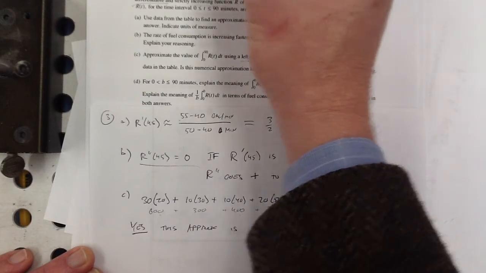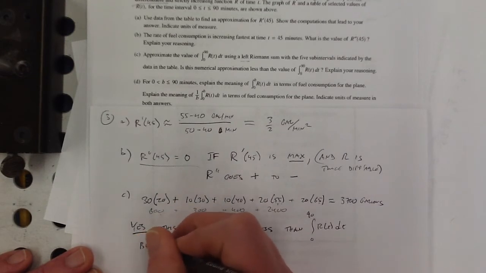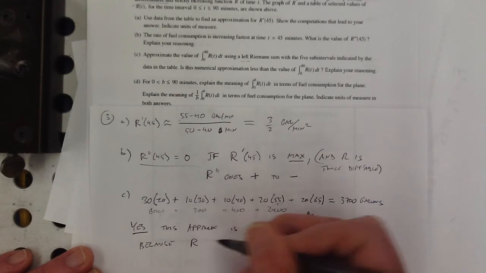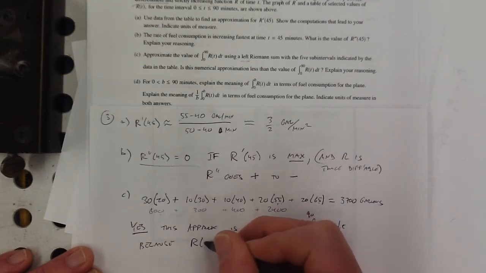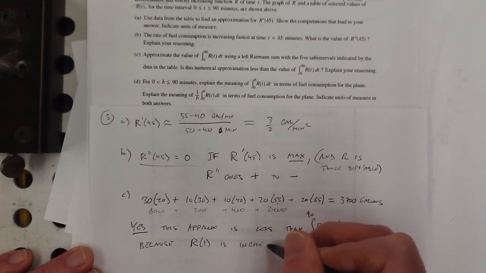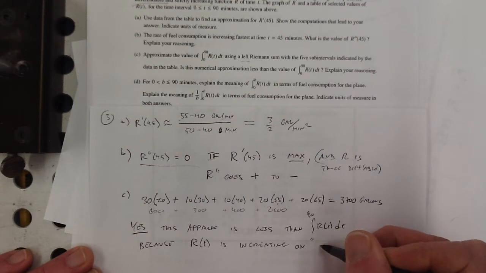If this is increasing, then the left endpoints are always going to be the lowest value. So you don't have to say anything more, and because r of t is increasing on that interval from 0